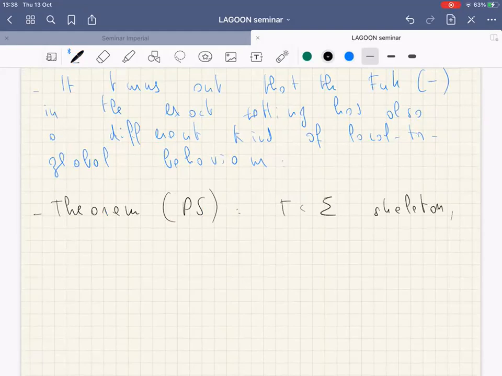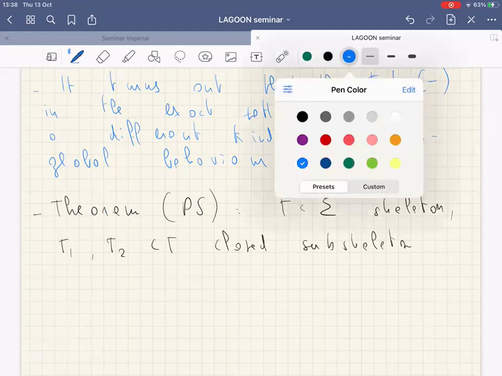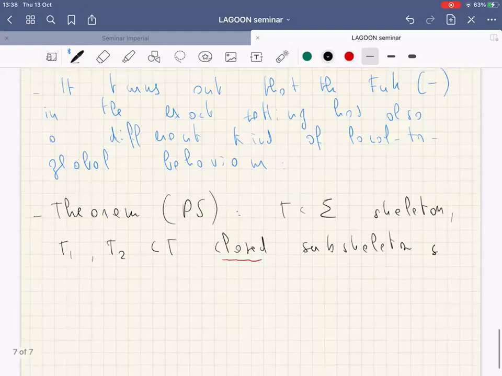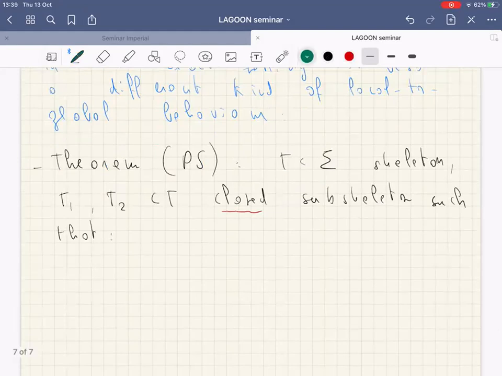And suppose that we have two closed subskeletons, two closed subsets. And the important thing here is closed, such that they cover gamma